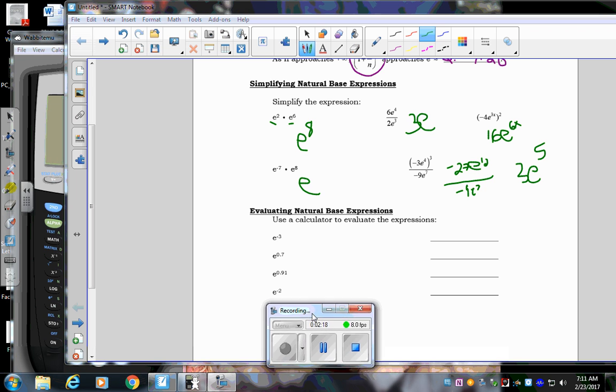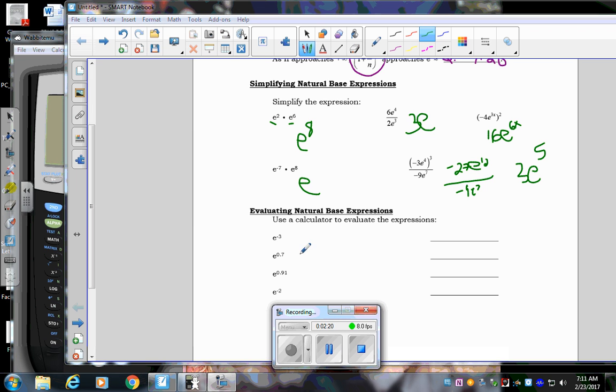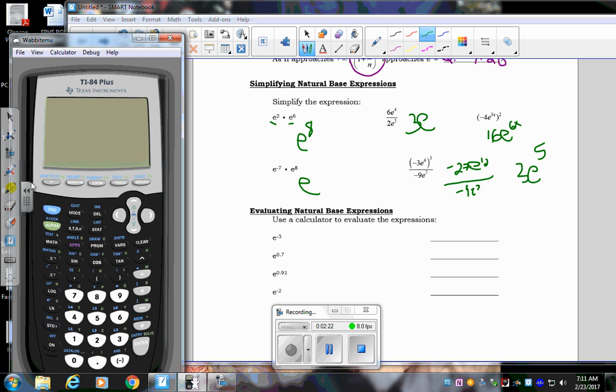All right, so let's just practice evaluating on our calculator so we know where the E button is and everything. If you look at your handy dandy calculator, you'll see E right here above the division sign in blue. You'll also see e to the x, which,